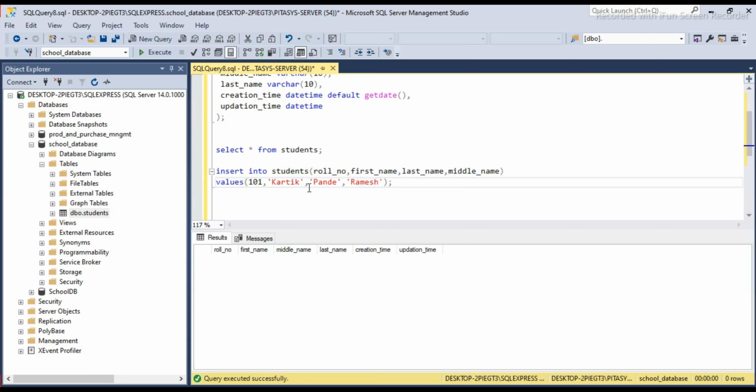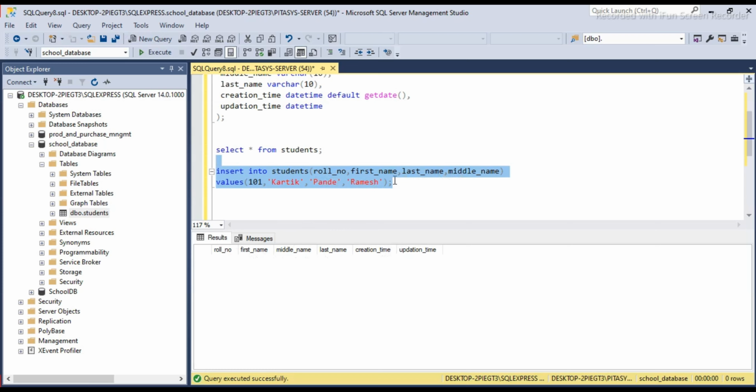Now this is the syntax of the insert query, and it will insert one record into the Students table with these field values: roll number 101, first name Karthik, last name Pandey, middle name Ramesh. The sequence need not be the same as the table sequence.